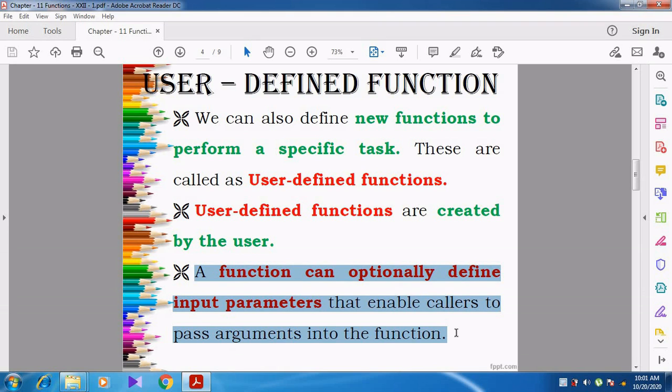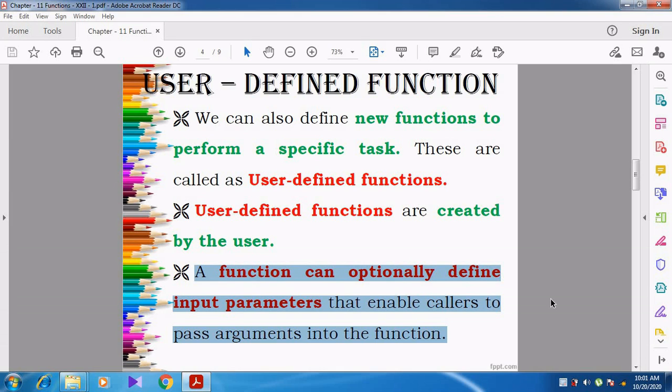And then it will be processed through the function. Can you understand, students? From the main function, the values, the arguments, are passed, and then it comes to the function, that is the user defined function, and those values will be assigned to the parameters.